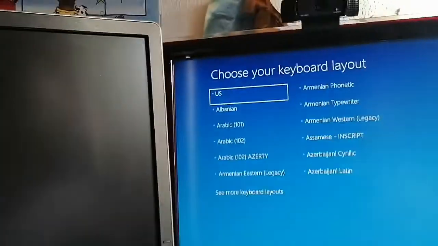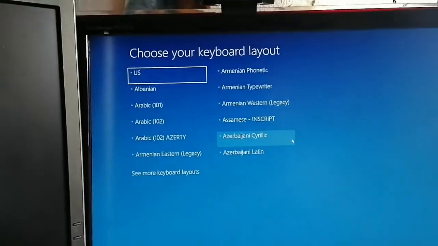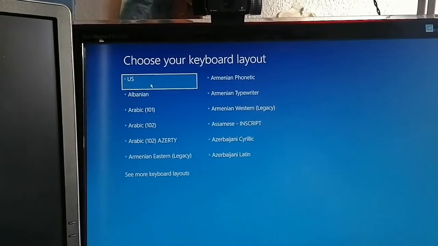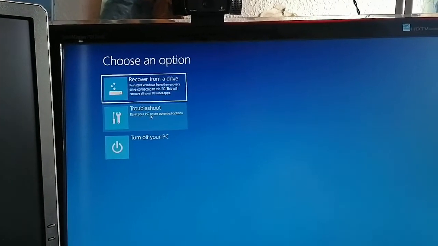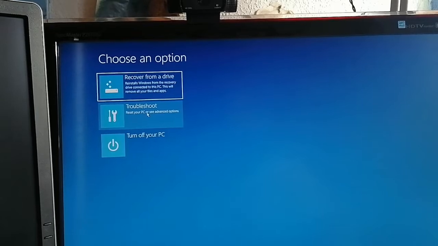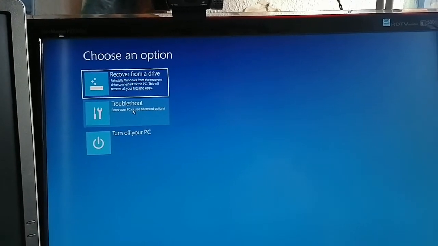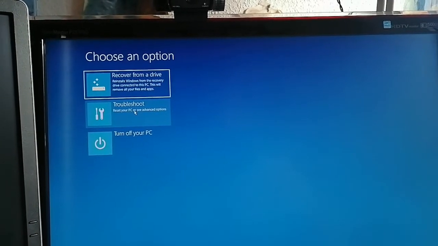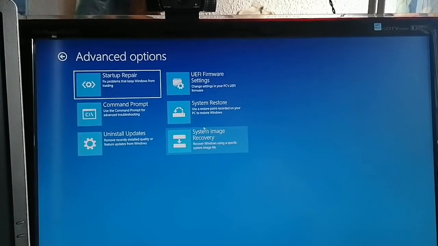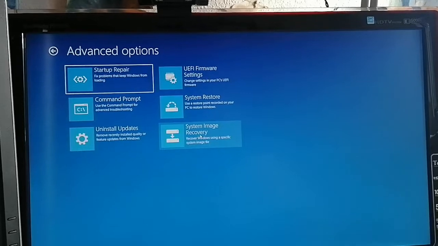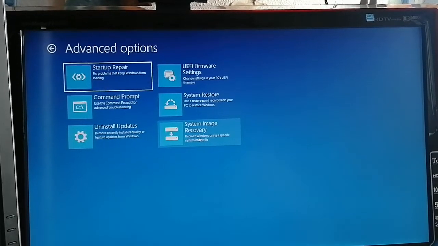Good, so I have this welcome screen. So I'm going to say that I have a US keyboard. Then my problem is that I do not manage to boot now because the main drive NVMe is empty, so I want to troubleshoot. Then I'm going here to select system image recovery.